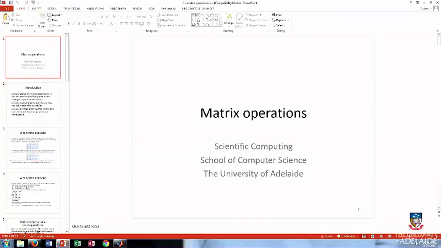We should start the lecture now. We are going to study matrix operations today, but before starting this topic,